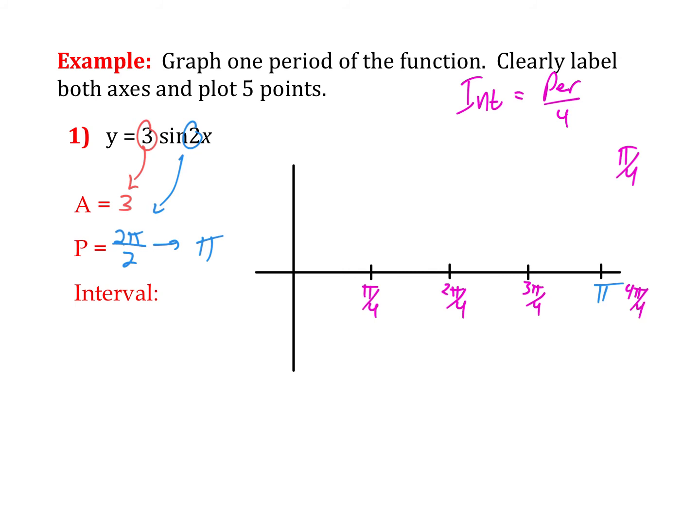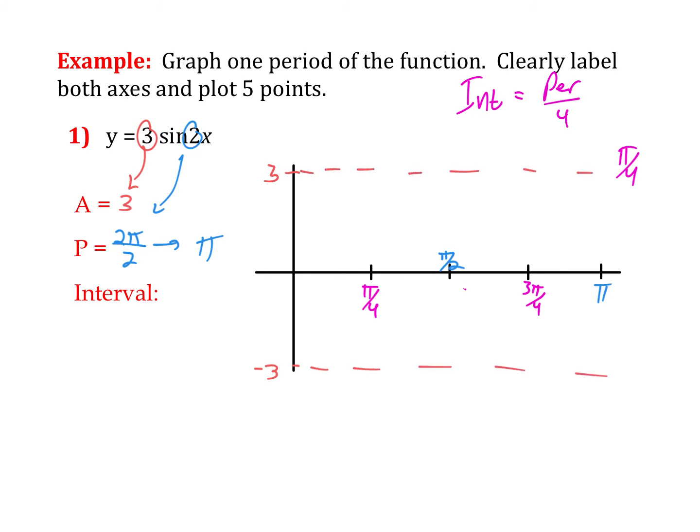Now, some of these will reduce, right? 2 pi over 4, that's really 1/2, pi over 2. 4 pi over 4, well, that's just plain old pi, so that kind of works out. So 2 pi over 4, I'm going to go ahead and call that pi over 2. All right. My amplitude was 3, so that means from the midline, I'm going to go up 3 to positive 3 and down 3 to negative 3. We'll draw in our boundary lines,